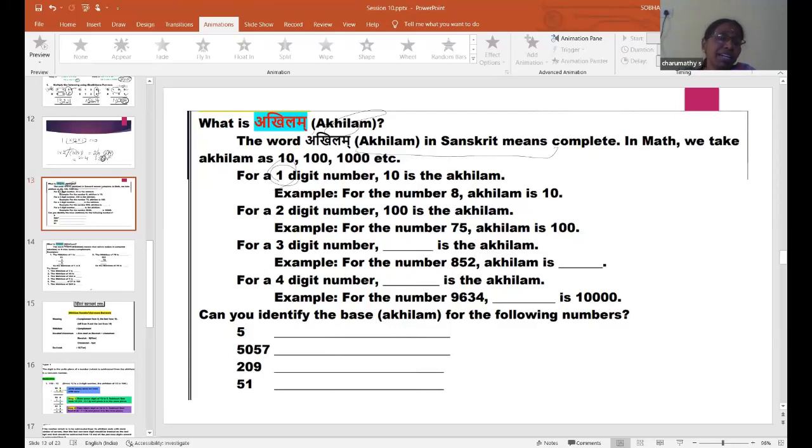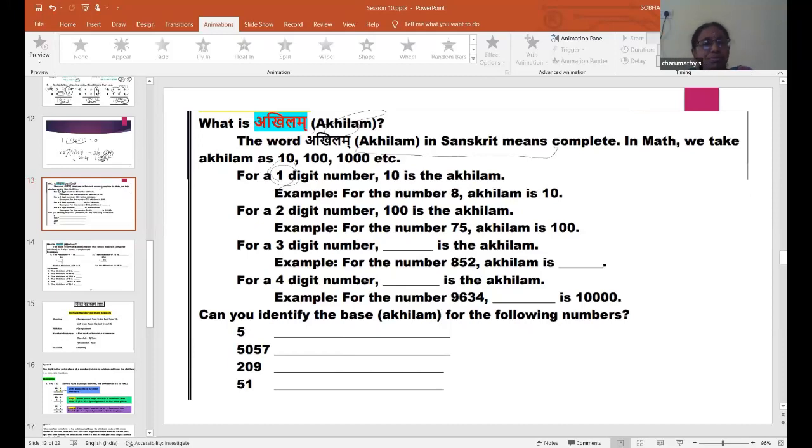When you look at it that way, it is very, very simple. For 1-digit, it is 10 to the power of 1. For a 2-digit, it is 10 to the power of 2. For 3-digit, it is 10 to the power of 3. But this we cannot speak to the 5th standard child because they don't know what powers are. So we are putting it in the simplest way, in our own words, where it will be easy for them to understand